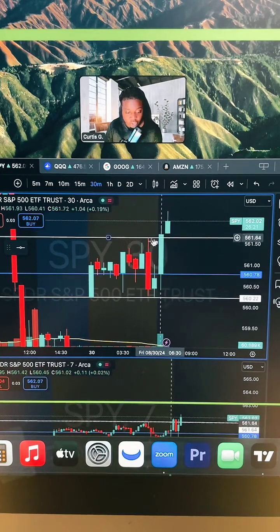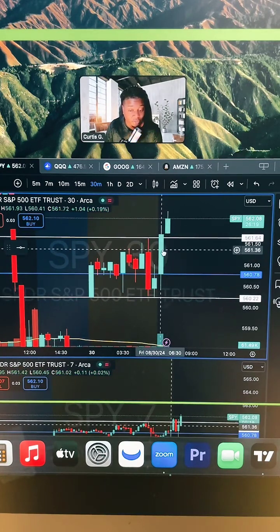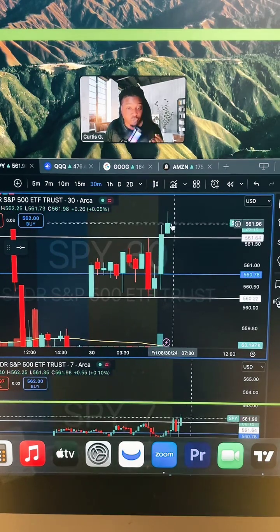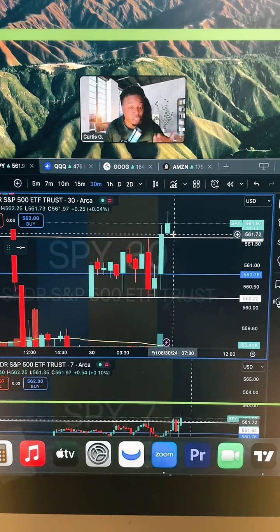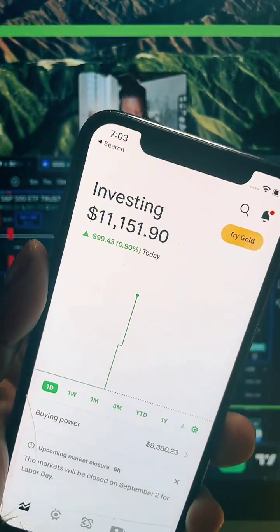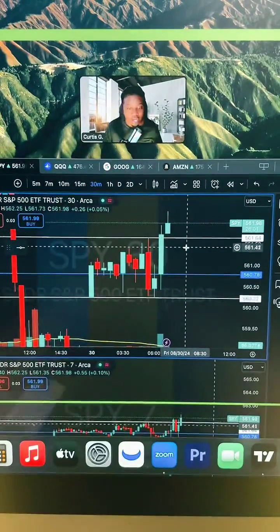In this case, what we saw was this first 30-minute candle closed above the pre-market high. So that made this trade risky, but I still had confidence that we were still going to have at least some bullish momentum for the first part of this 30-minute candle. And that's what we saw right away right here. A quick little, as you guys see, boom, we did that right live with us.